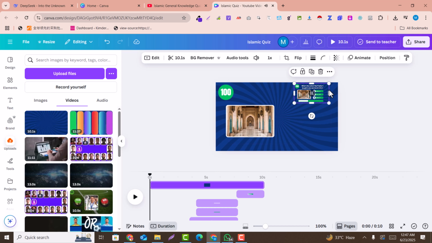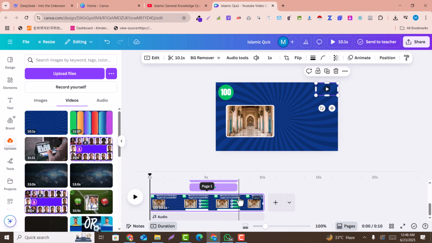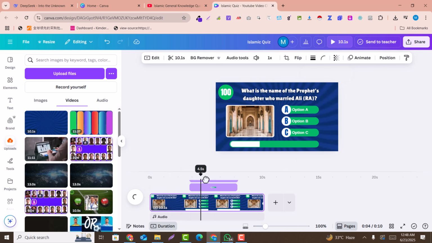Now you just need to make it smaller. Just stop that, make it smaller, and in the transparency, make the transparency 0. Why I have done that, because the video will be repeated on all the parts. If you use the sound effects in bulk, it will not allow you to add more than 50 sounds in Canva. This is the policy of Canva, that you cannot add more than 50 sounds. So this is how you can create the template for the long video.